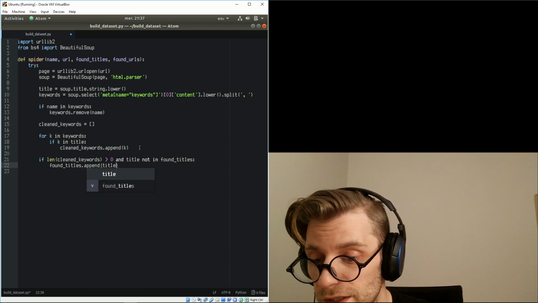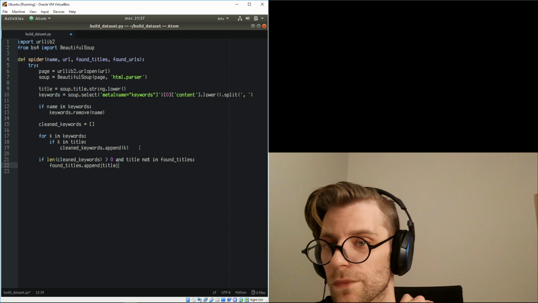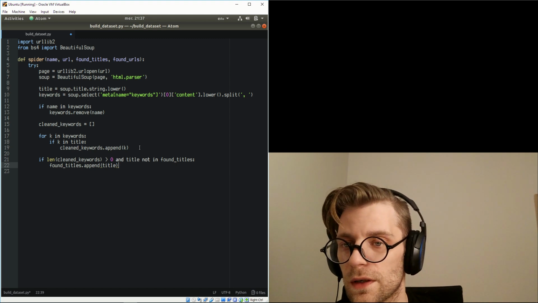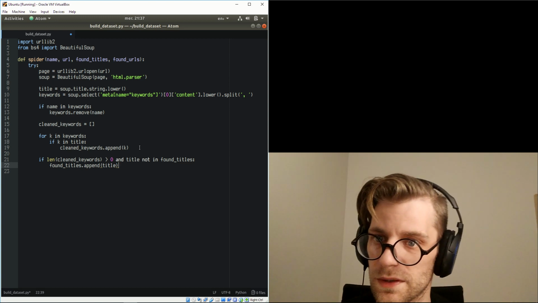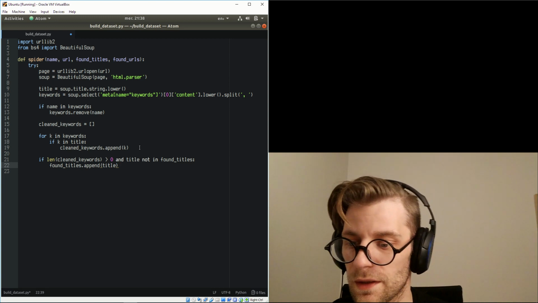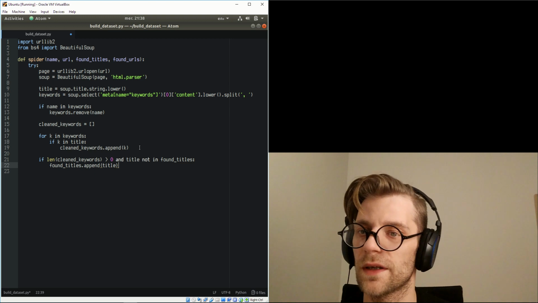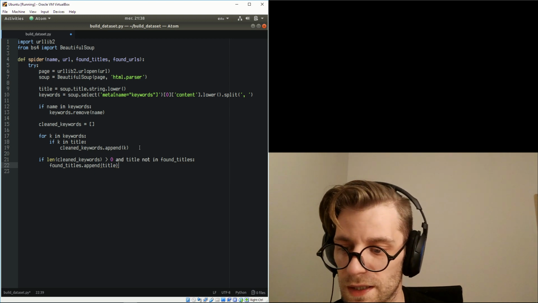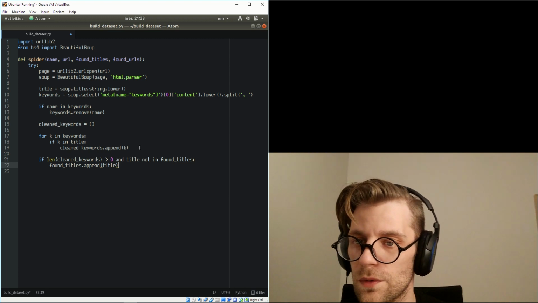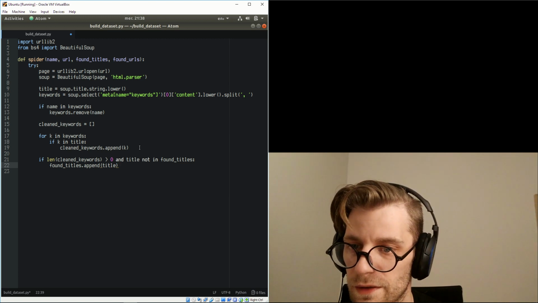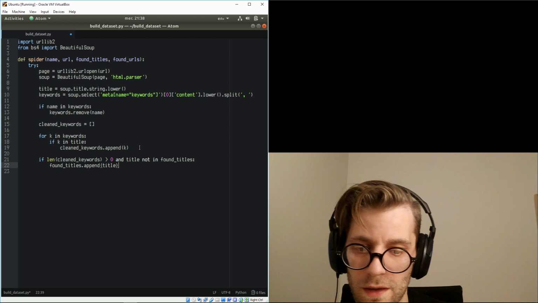So we do this to keep a list of titles that we've already seen during our scraping process and our spidering through this website, because we do not want any duplicate data to be in our training set. And so with found titles, we have one of the two ways that we are going to ensure that we are not duplicating our data,